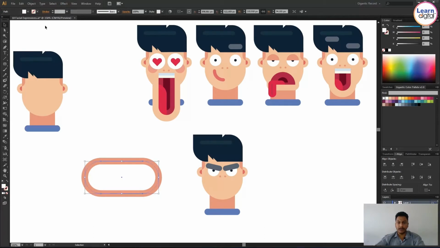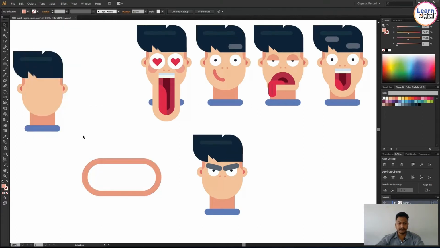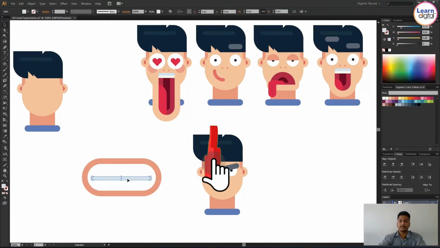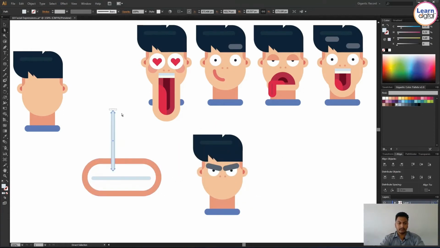This one I'm creating for my mouth part, like an E kind of thing, teeth, because his eye expression is very angry. To create an angry expression, the mouth part is one of the major things.